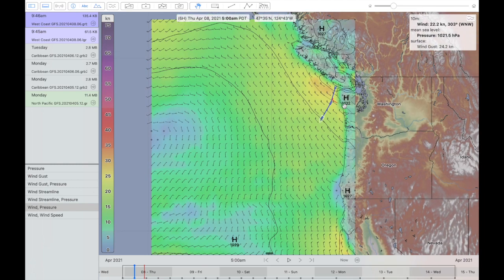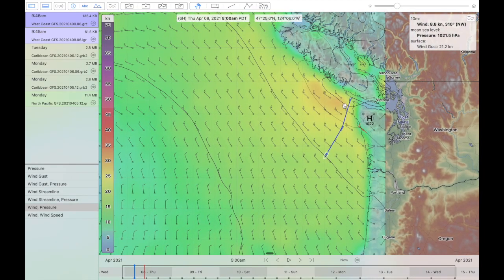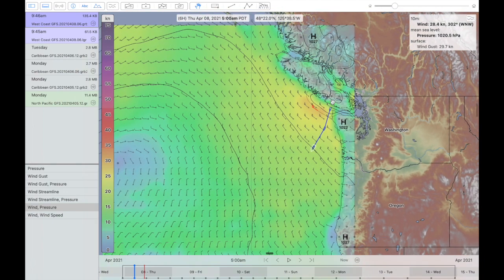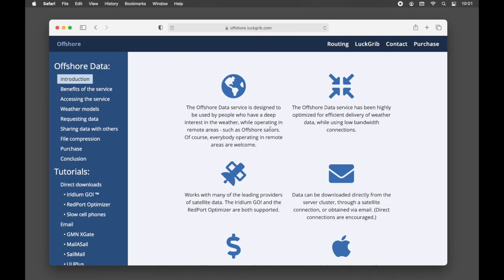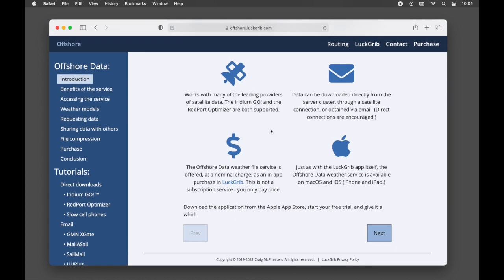The system works virtually the same on all devices. You can use the same capability of downloading through the Iridium Go on a Mac or iPad or iPhone. So there's differences in the user interface, but the system itself is virtually the same. Having said that, there's a website available which goes through some of the details and some of the philosophy